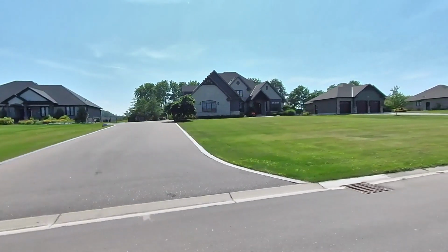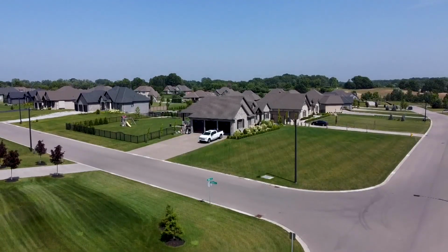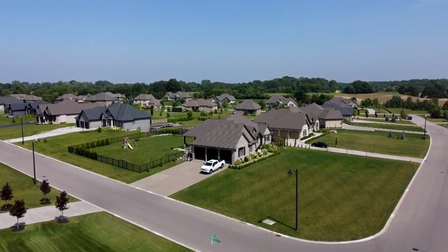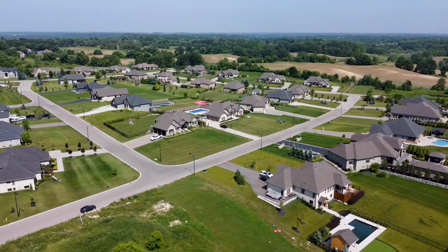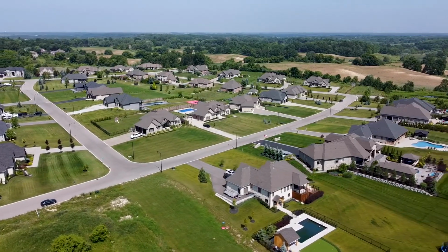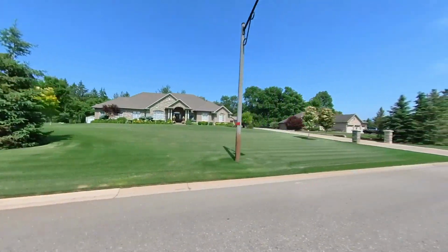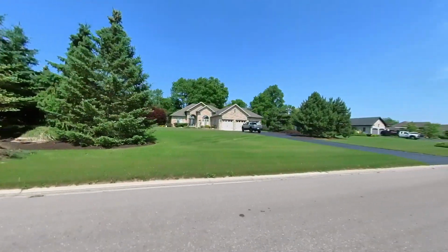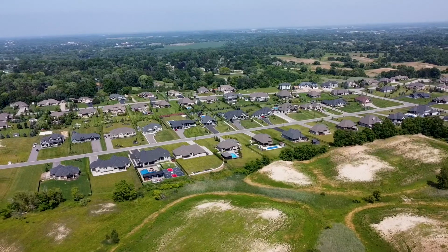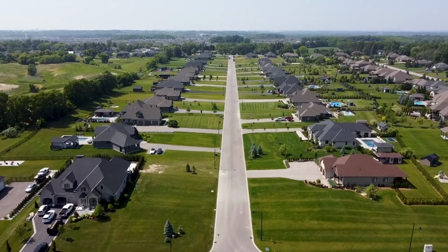But also within this neighborhood, as you drive through, it's personally one of my favorite neighborhoods to go check out, as one, all the different homes on the inside are completely unique, but two, you also get a lot of great privacy because you are on a great size lot. Now in this neighborhood, it's primarily 100% detached homes, typically built between 2014 to 2018, sitting on large size lots, and there are plans to continue expanding this neighborhood in the coming years, adding more options for you to